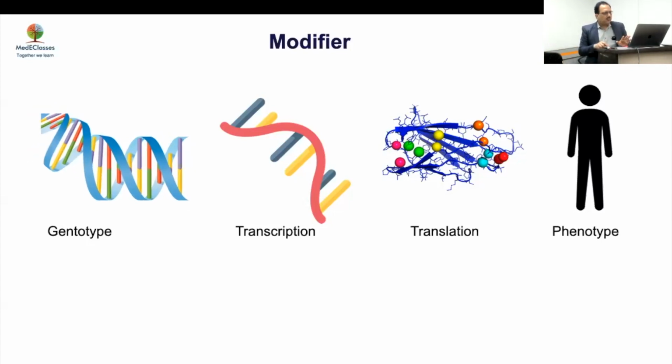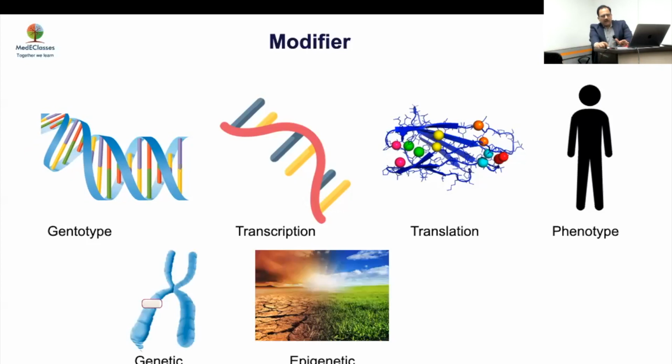And there are two major modifiers basically. One is, of course, the genetic modifier. So one gene can affect the other. And second is the environmental modifier. So if the environment modifies, you will have a change. So that's why this will lead to difference in the level of manifestation. It may or may not manifest.